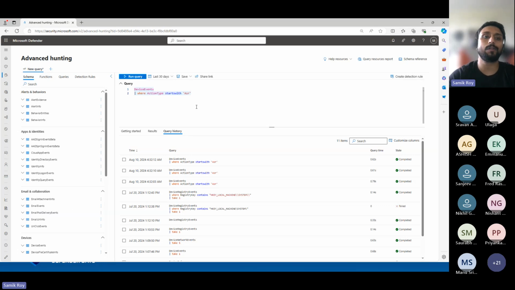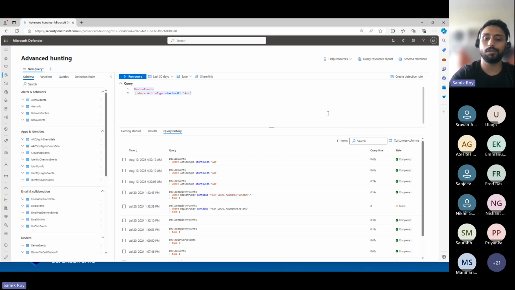Now, either you can directly query a table, you can do a cross correlation, you can join them, you can do a sub query in multiple tables and things like that. Depending on your hypothesis, you're going to choose that. And then let's say you have a hypothesis and you are